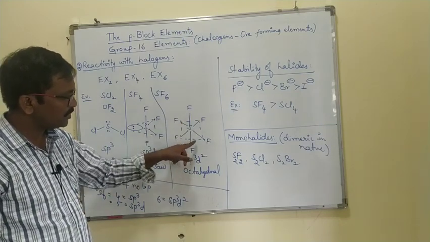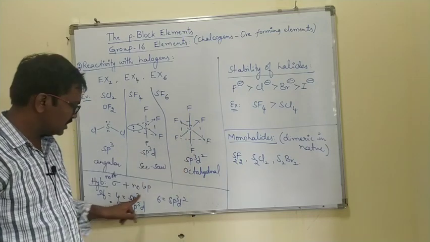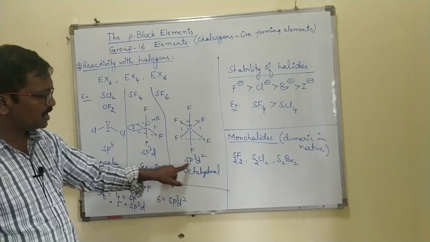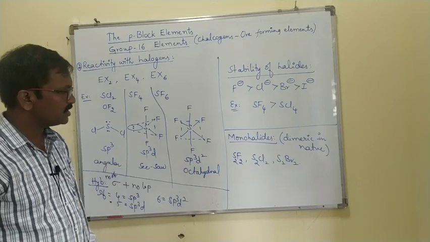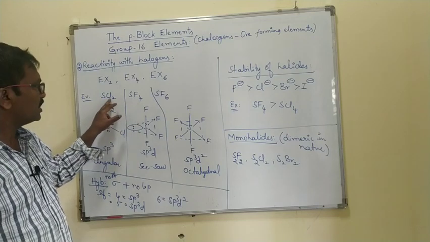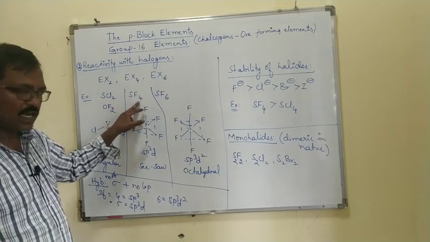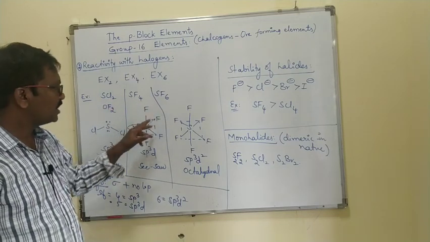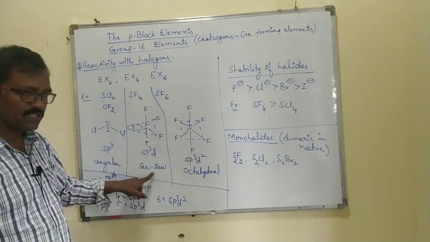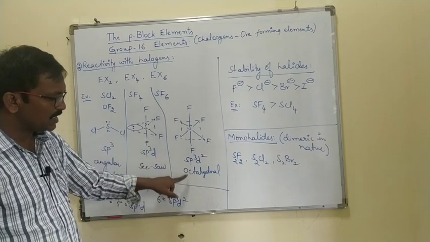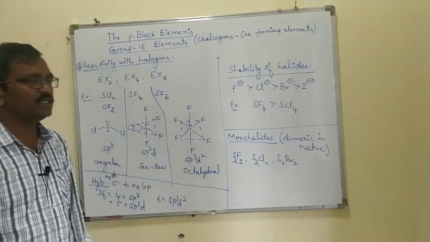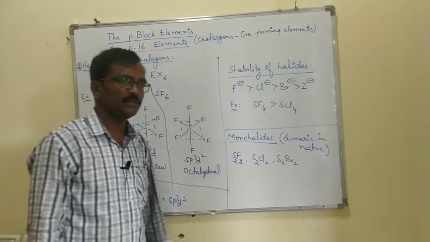So SF6, how many sigma bonds? 6 sigma bonds, no lone pairs. 6, total is equal to 6. That becomes sp3d2, octahedral geometry. So it forms dihalide, tetrahalide, hexahalide, right? Dihalide has the angular structure, tetrahalide has the seesaw structure, hexahalide has the octahedral structure, right? So stability, if you come to stability of halides,